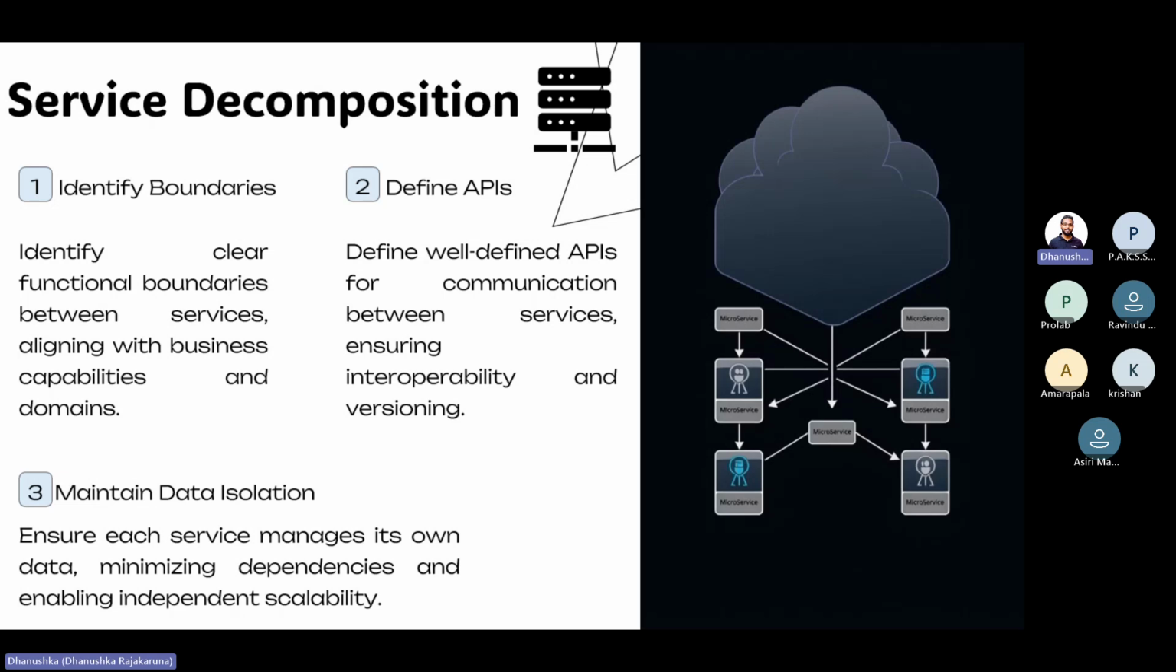So next one is we need to maintain data isolation. Each service should have exclusive ownership of its own data, avoiding a shared database. What it means